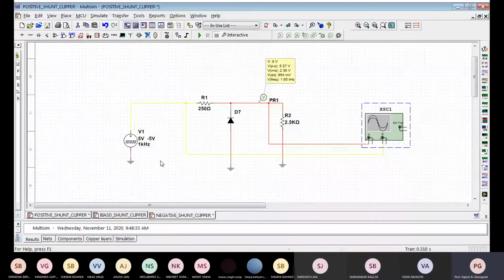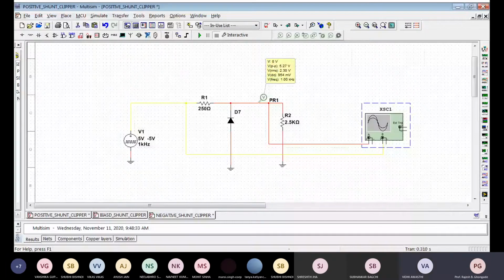So we will simply take up the example that we have designed in the last lecture. To recollect, we were supposed to determine a suitable resistance R1 for that negative shunt clipper, where input was bipolar plus minus 5 volts, and VO minimum that was expected was plus 4.5 volts. We calculated the load current was given as 2 milliamperes, and we calculated the resistance to be 250 ohms.